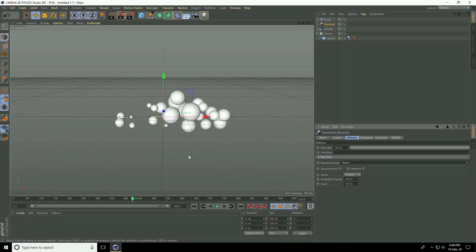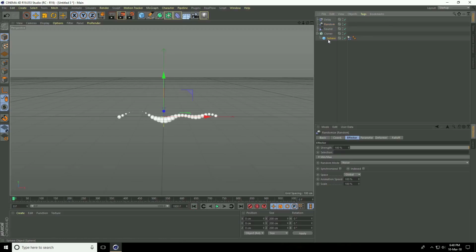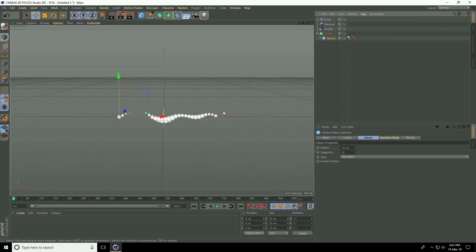Okay, guys, I apply a dust effect on this animation. So go back, select this sphere. I apply 4 spheres. Select sphere and press Ctrl key and drag and drop. Right? I have 2 spheres. After that, select both spheres and again copy. Press Ctrl key and drag and drop. Select both. Yeah, see 1, 2, 3 and 4.